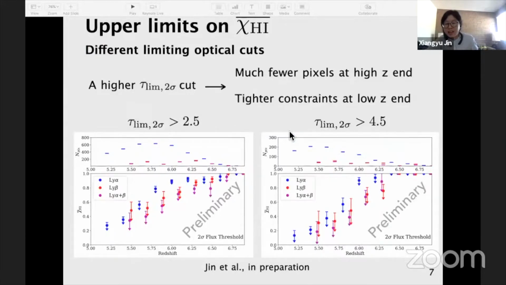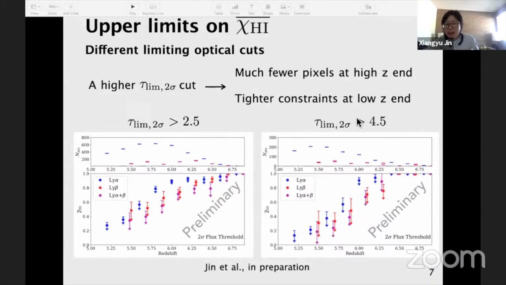Later, we use a higher limiting optical depth cut to select pixels with very high ability to probe the neutral hydrogen. And the result plotted with the high limiting optical depth cut at 4.5 is shown on the right-hand side. And as a comparison here, I also present the plot I showed on the last slide. This is the plot with a smaller limiting optical depth cut on pixels at 2.5. And on each figure, the number of pixels used to calculate this dark pixel fraction is shown on the upper